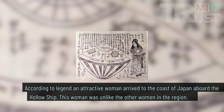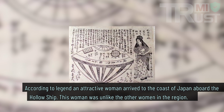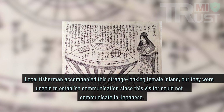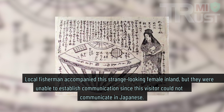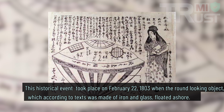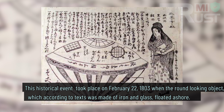According to legend, an attractive woman arrived on the coast of Japan aboard the hollow ship. This woman was unlike the other women in the region. Local fishermen accompanied this strange-looking female inland, but they were unable to establish communication since this visitor could not speak Japanese. This historical event took place on February 22, 1803, when the round-looking object, which according to texts was